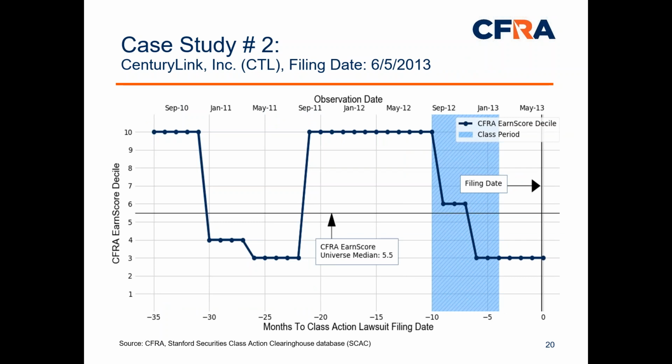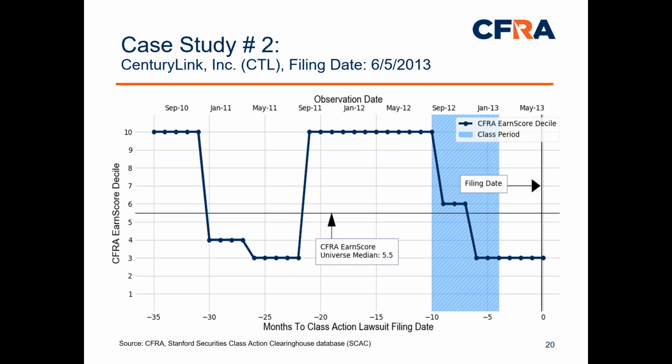Another case study is CenturyLink. CenturyLink, believe it or not, in 2013 was the 3rd largest telecommunications company in the United States. Telecommunications simply means that they provided communications and data services to residential, business, governmental, and wholesale customers. Shareholders alleged that CenturyLink made false or misleading statements to investors when they failed to disclose material adverse facts concerning